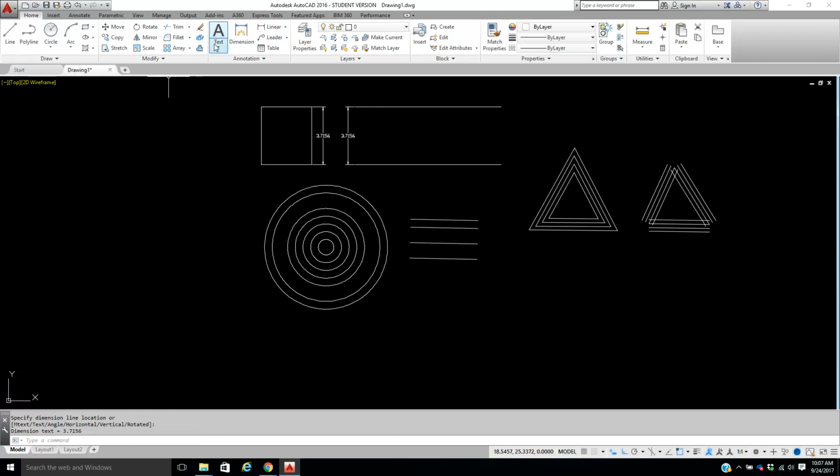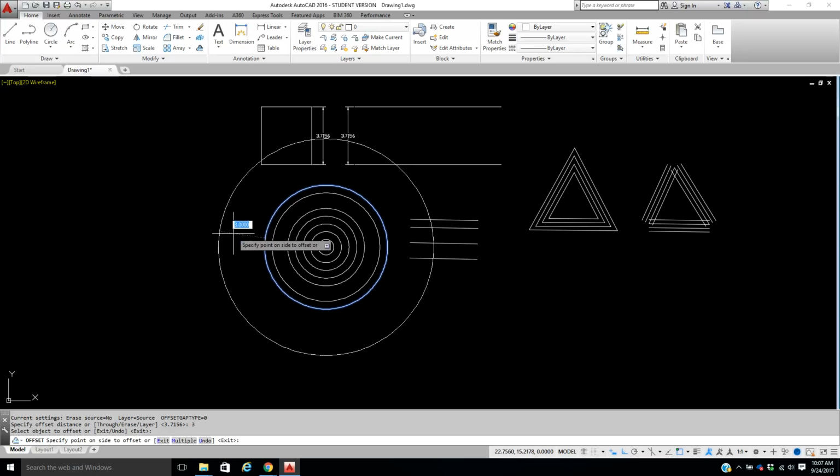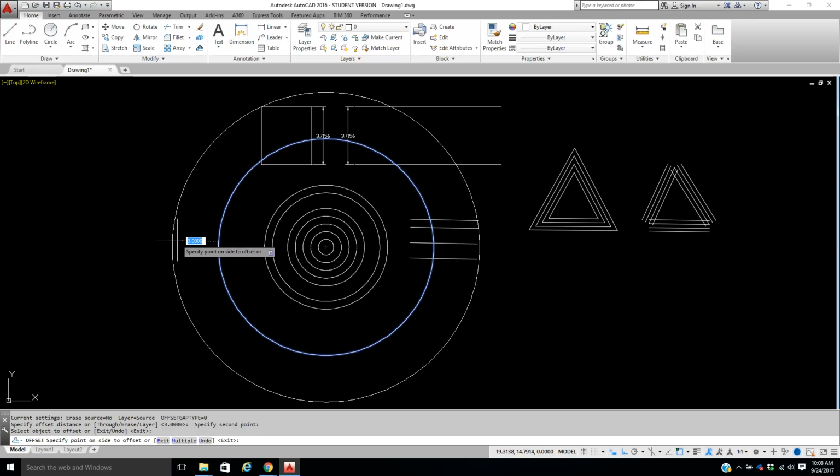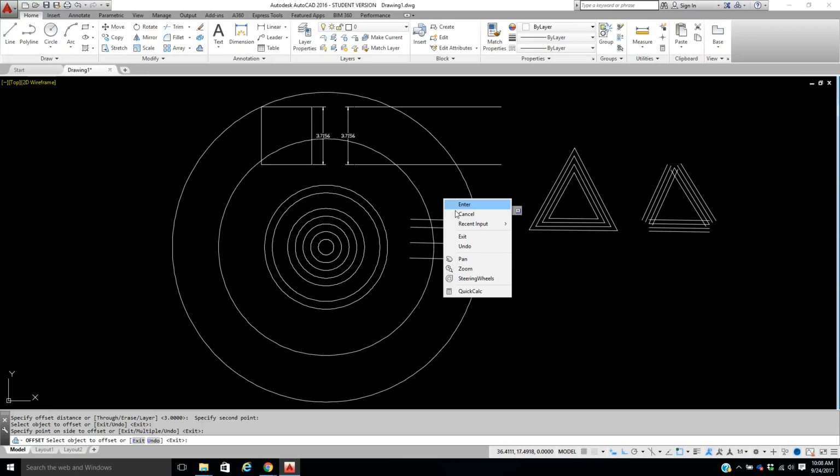So remember, offset, you either type the number simply, if you want 3 inches, or you can pick it. You can go outside. If you're not sure of the measurement, if you go repeat offset, if I picked my point and I picked my point, I can then go here and do the same thing. So polylines are good, lines are fine, but sometimes you want the polylines. Offset, you can erase your lines. You can leave them there, you can type in your distance, or you can pick your distance. So that is all up to you